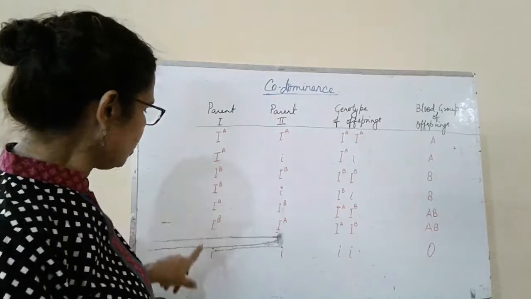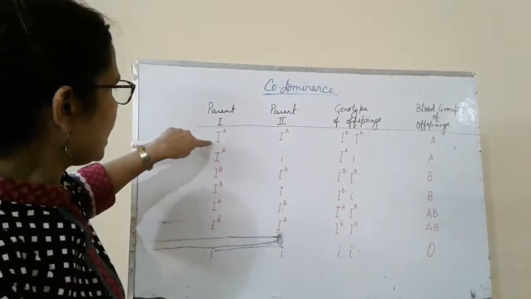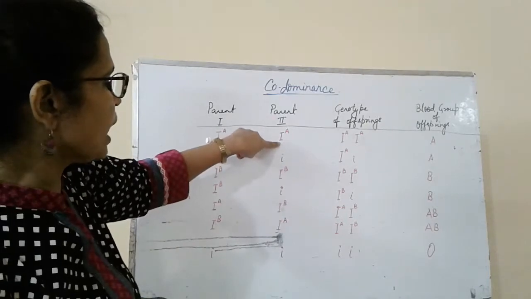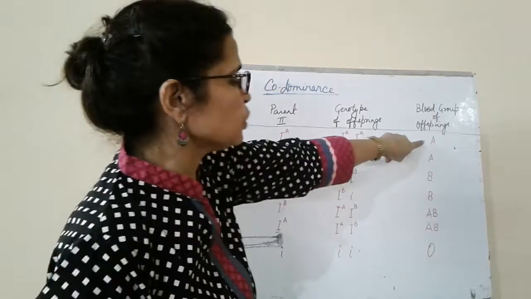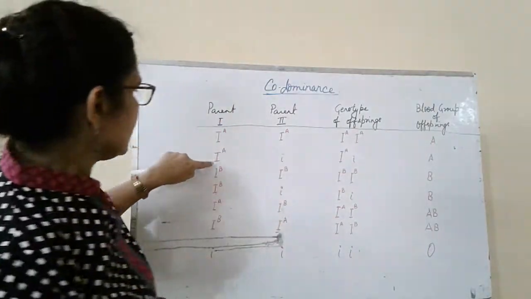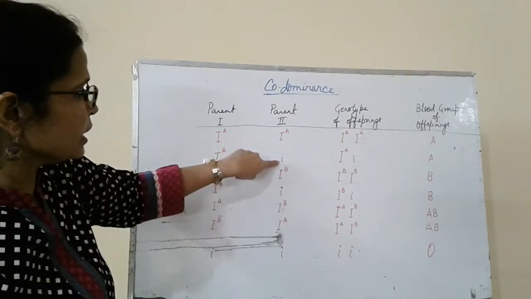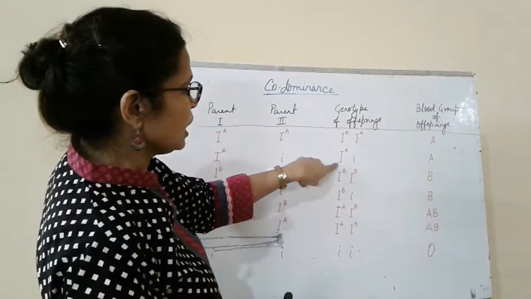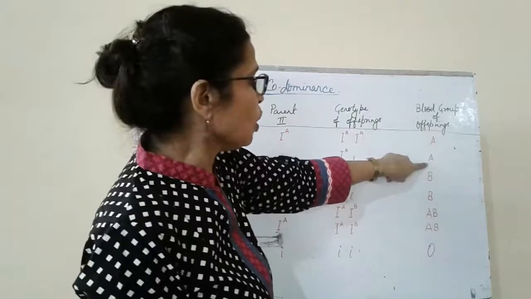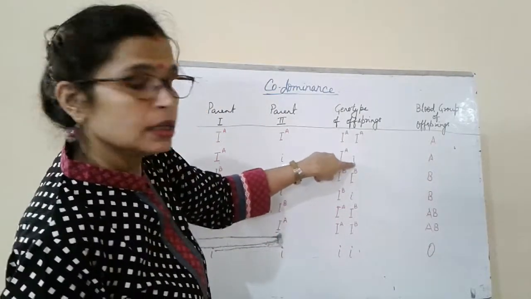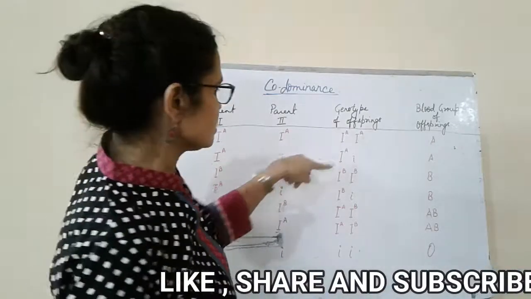These are the 6 different combinations that are present in human being. If the parent 1 has IA type of allele and second parent has IA type of allele, then the offspring's genotype is IA IA and the blood group is A. In second case, if one parent has IA and second parent has small i, then the genotype is IA i. In this case also, the blood group is A type, because small i has no sugar polymer, so only IA is expressed.